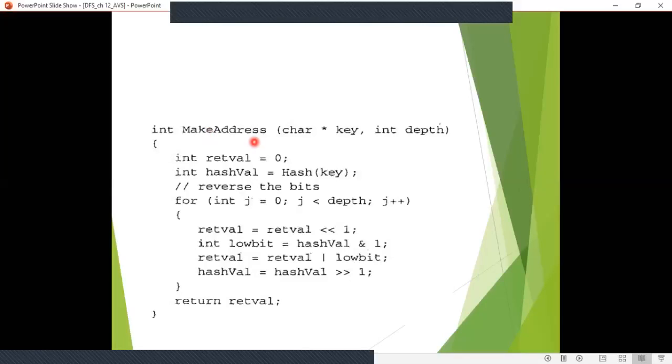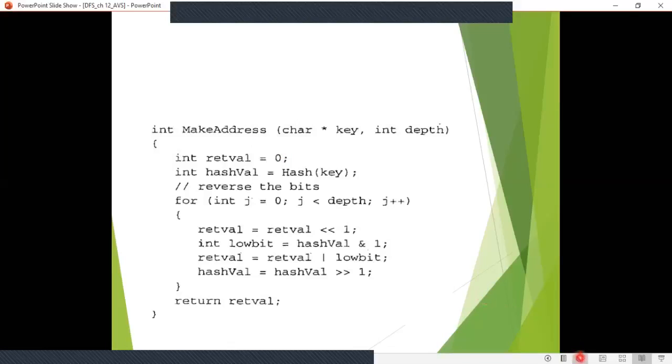The make address method is used to extract a portion of the full hashed address. The lower order bit values have greater variability, so we have to consider the lower order bits always.